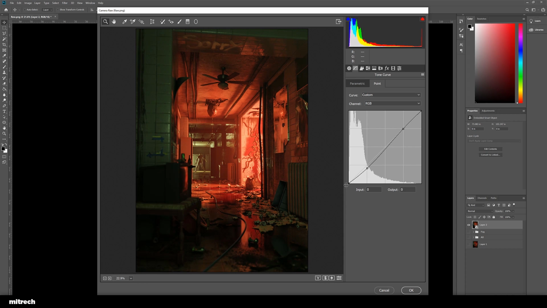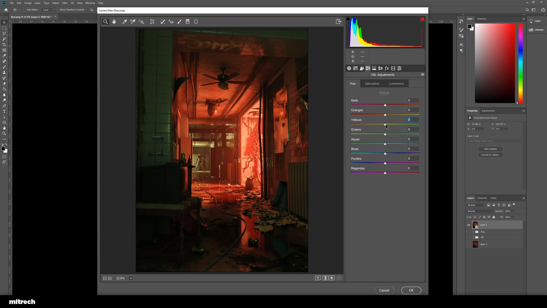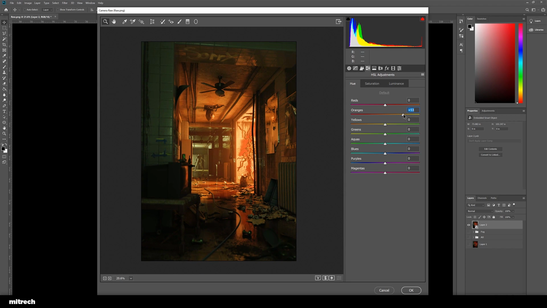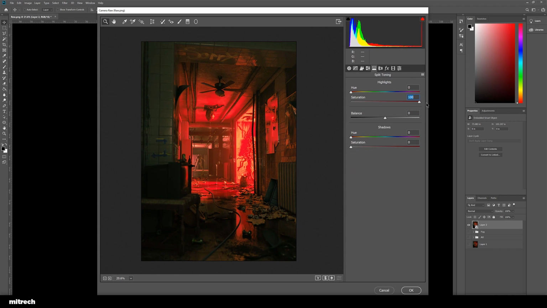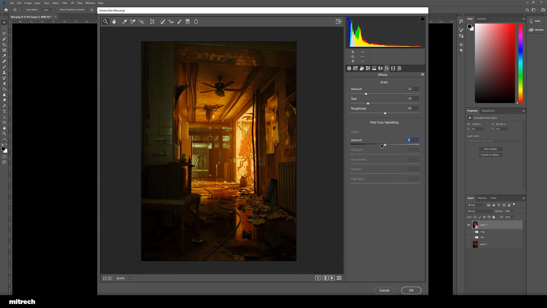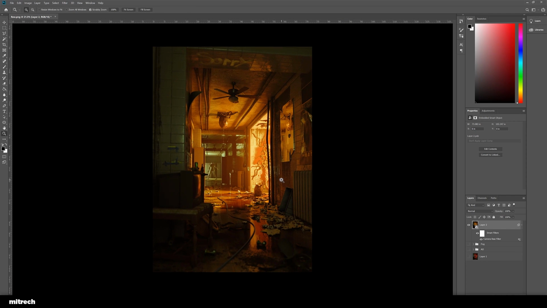That's pretty much something I'm doing for every single render, and you can see just how much of a difference I'm making right now when I'm changing the hues of the red tones. Some split toning, which never hurts, some grain, and some vignette, and that's pretty much the whole post-processing.